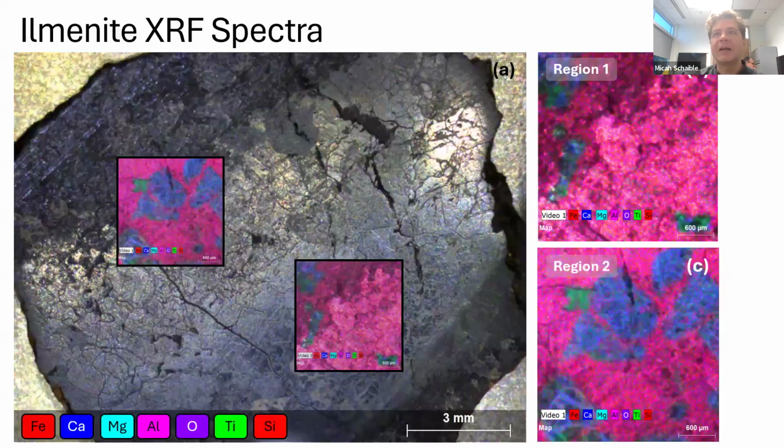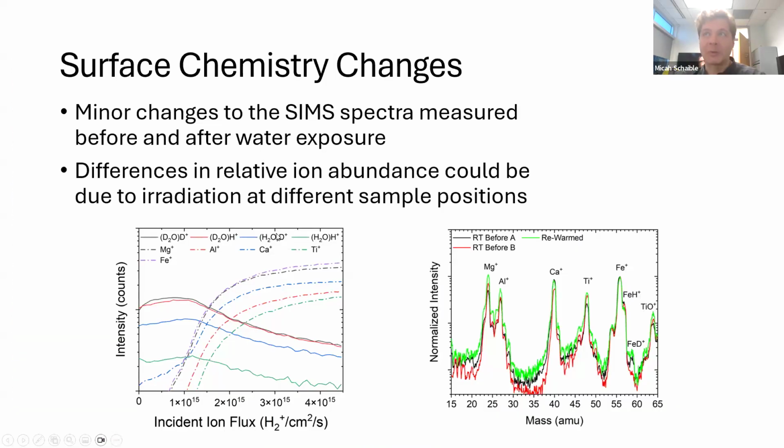And so we were able to verify that these exist from the XRF. We can then get the elemental abundance and use that to determine the probability of getting a sputtered secondary ion compared to the sputtered neutral. And I'll talk about that a little bit more in a second.